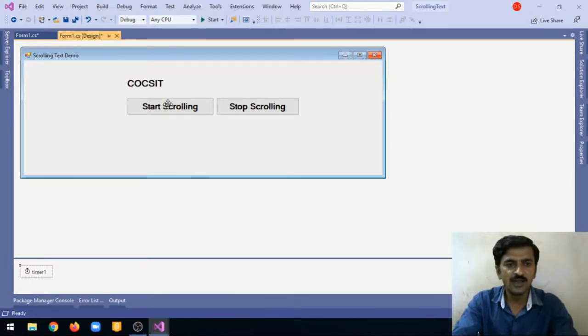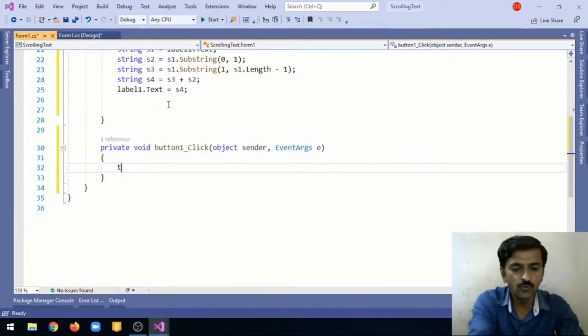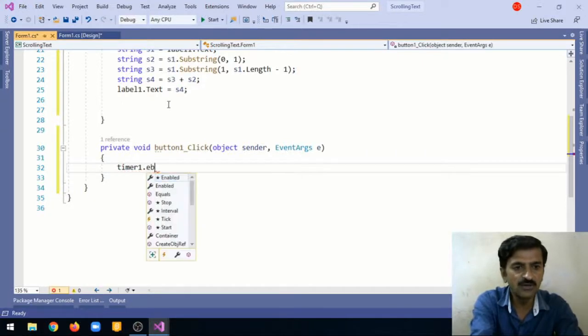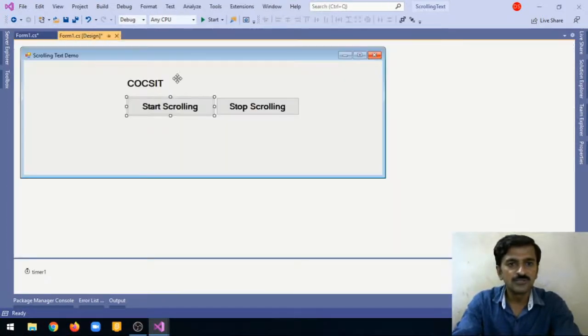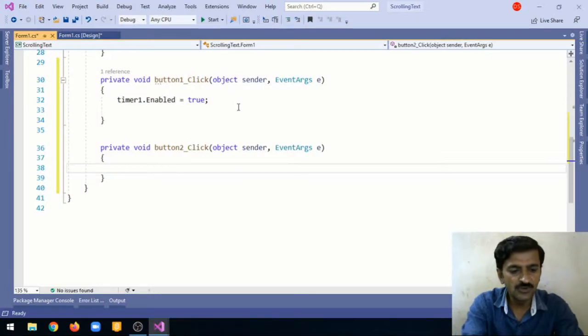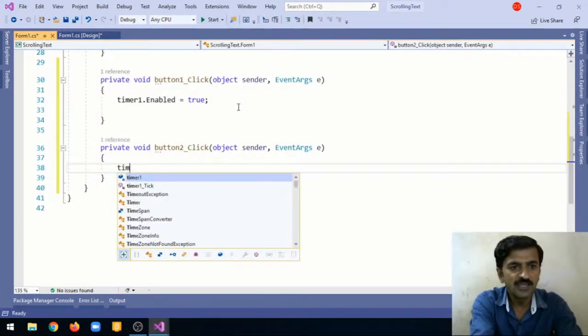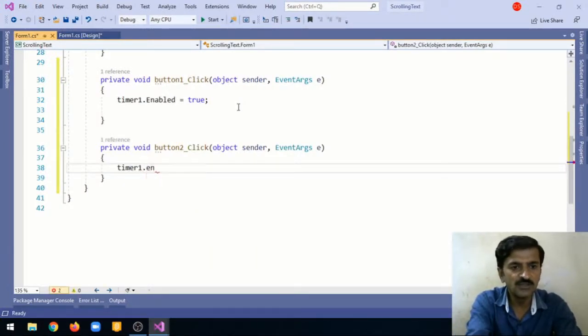Then to the start scrolling button, I need to write a single line of code, that is timer1 dot enabled equal to true. Then to the second button I need to write similar code, timer1 dot enabled equal to false.